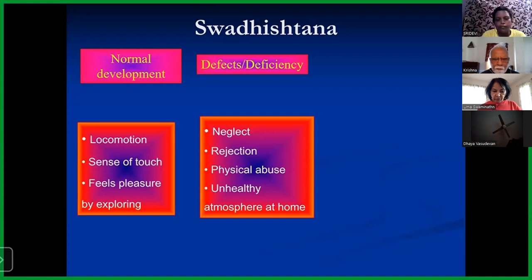The child crawls and then tries to hold the mother. Then the father not only beats the wife, he also beats the child. Physical abuse will be there, verbal abuse will be there. The child bears all these things. But this is permanently registered in the mind of the child at this age. The abuse.